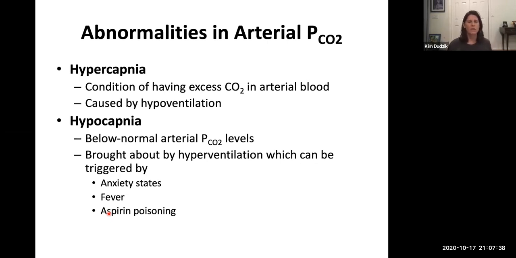So hypocapnia is usually when there's below normal arterial partial pressure of CO2 levels. Okay, and this can come on by hyperventilation. Okay, so you always see in the TV shows or in the movies, somebody's panicking and they start to hyperventilate like this, and somebody hands them a paper bag and tells them to breathe in the paper bag. Okay, so again, what's happening is when the CO2 levels are going down because they're panicking and you're not breathing deeply enough.